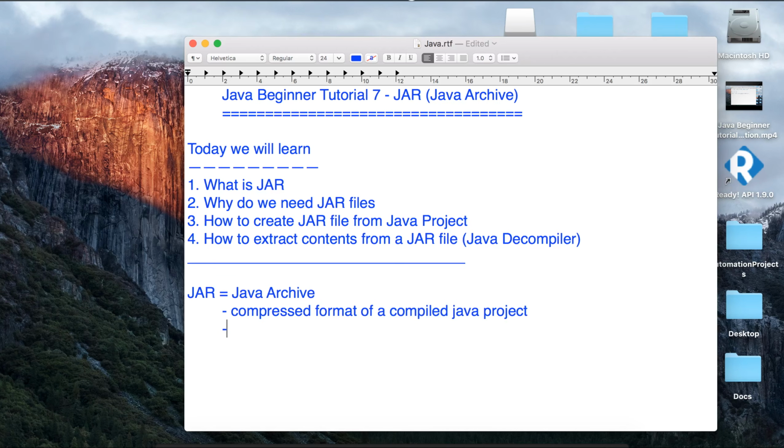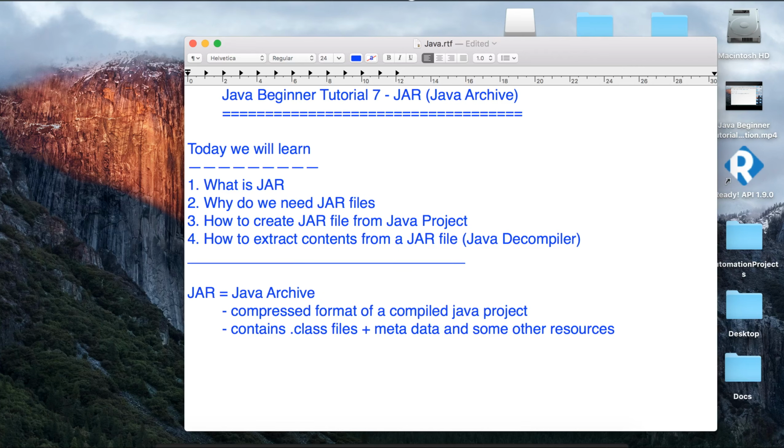So we can say it contains .class files plus metadata and some other resources. We will look into details what exactly we mean by this. So it will be a combination of .class files, and then we can have some metadata which will be some information about these .class files, and in larger projects we can have some other resources like some text files or some image files as well.